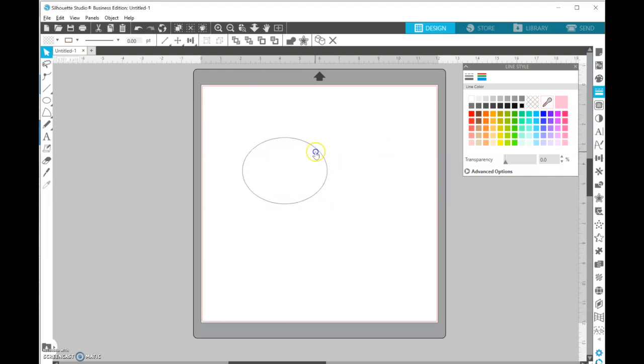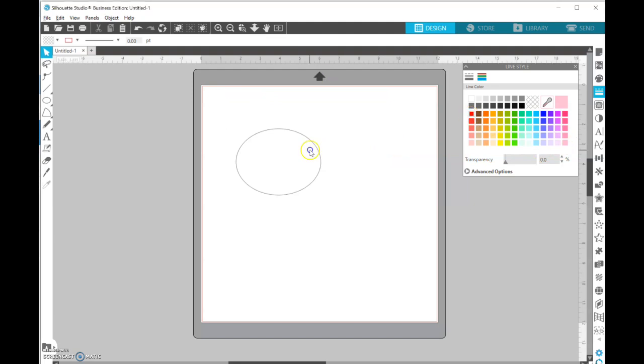Okay, now when I want to fill this in, these are my color options. Now I had updated from the basic version of Silhouette Design Studio to the Designer Edition, and one of my favorite things is this eyedropper. So I want to show you how I use it. I love this. So I want to do this, but let's say I really want a red, but